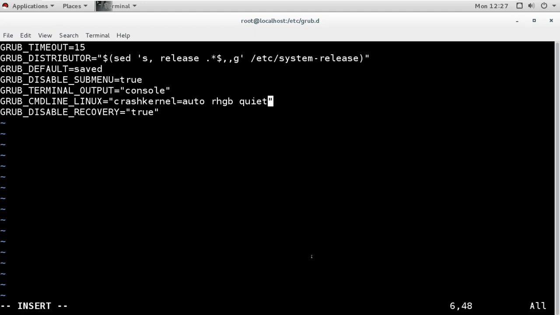Everything happens quietly in the background. So if I remove this option, what will happen? We will see some changes. When our system boots, we will see what is starting, what is not starting, and everything.